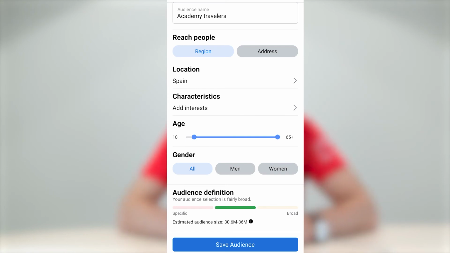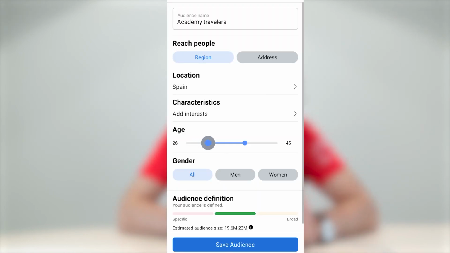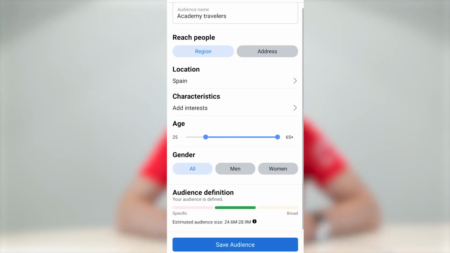So who do we want to have as guests? So let's say that we want 25 to 45, or why not 25 to 65 and plus, right? So gender, all.